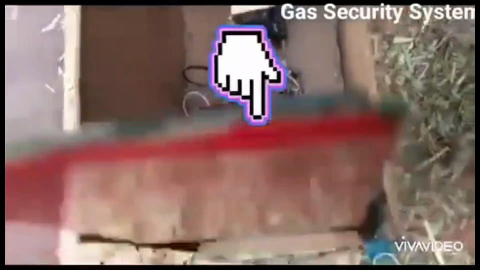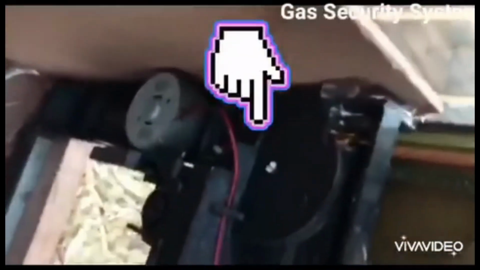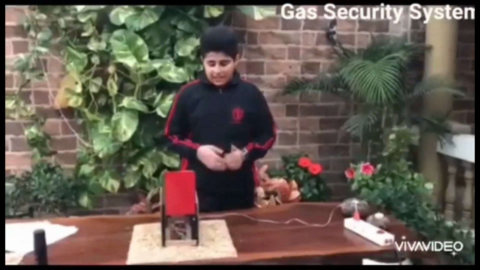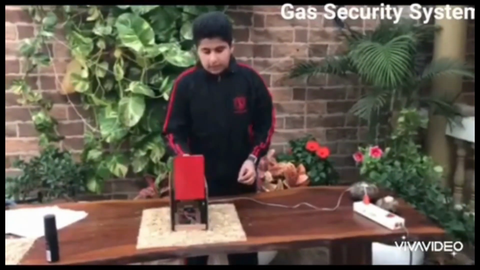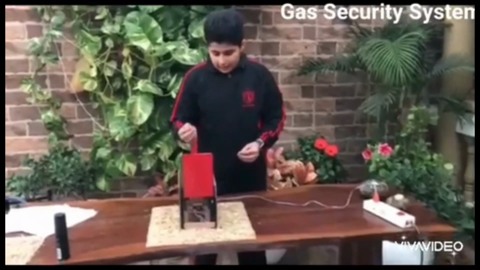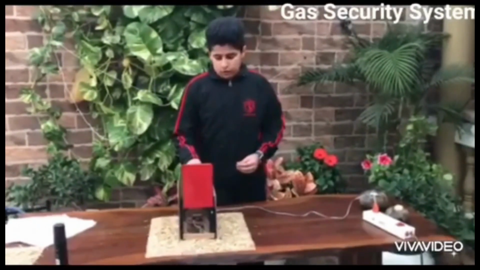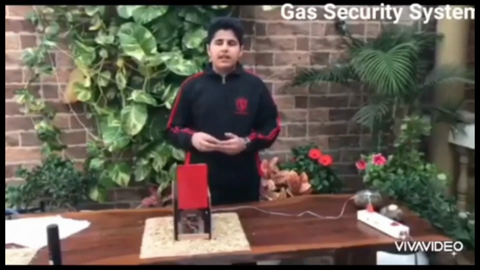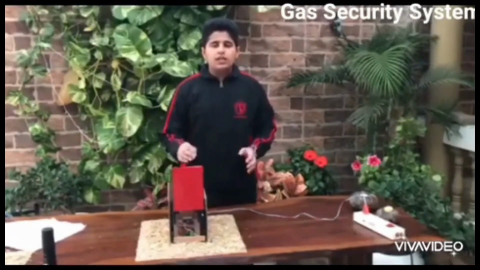both gas sensor, which is here, and to the door motor, which is at the back, which opens and closes the door. Gas sensor detects the gas around it, and the door motors open and it pushes the door up, and it stays up for some time as there is a timer in it. For example, it will stay up for 10 seconds, and if we try to close this, it won't close because till the time